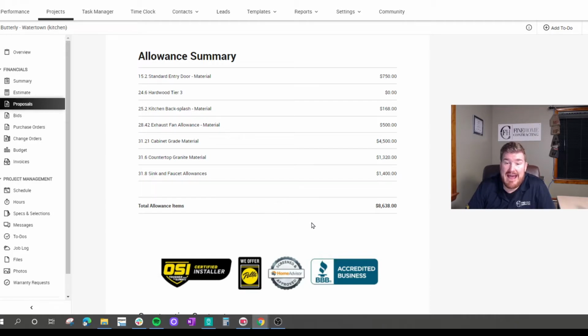We want to have this page readily available. You might print this, have a couple copies. This is going to be given to everyone. And this is what they have to purchase with. So this is all the money they have for their allowances. So countertops, they get $1,300, sink and faucet allowance. So when you're working with them,